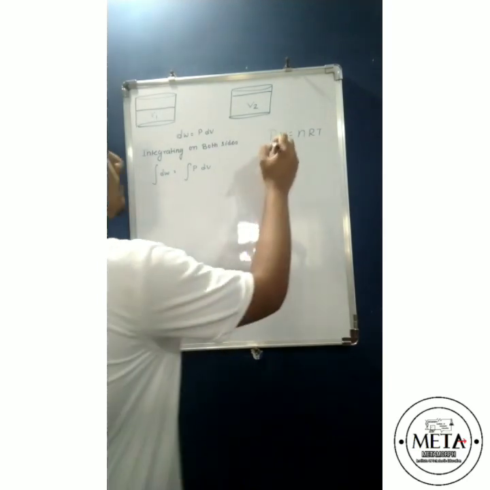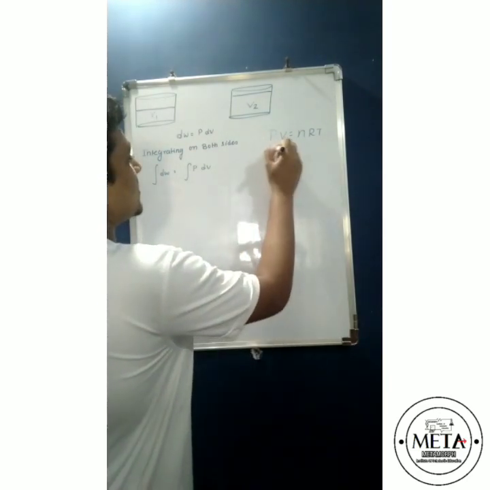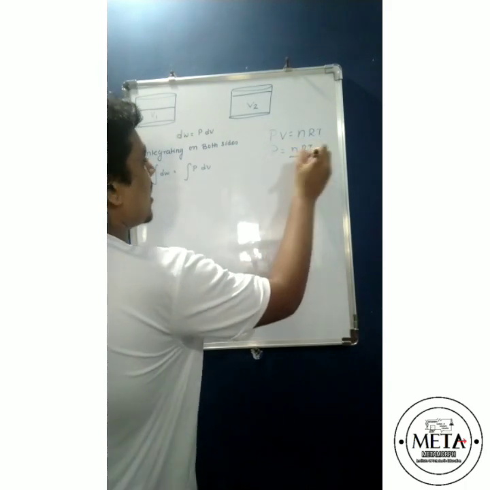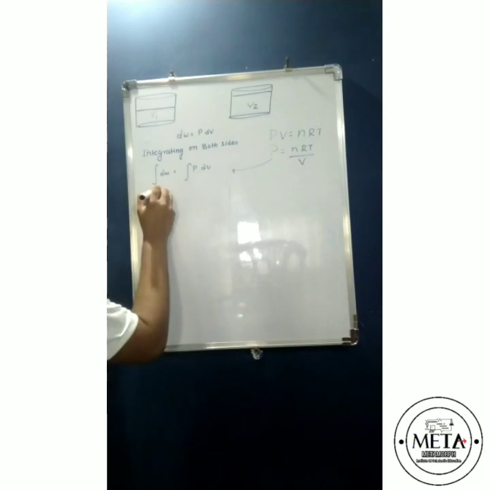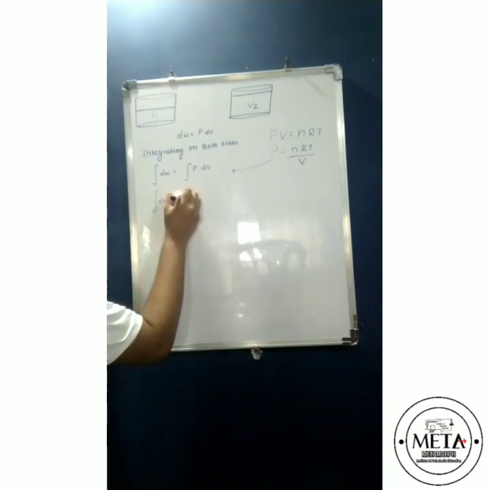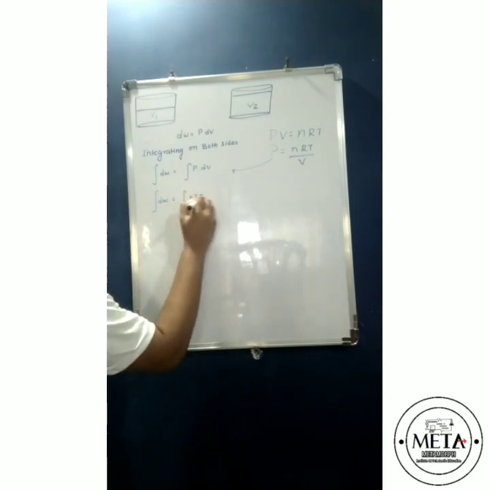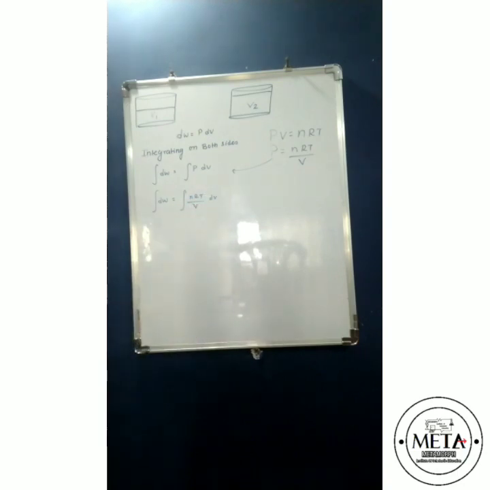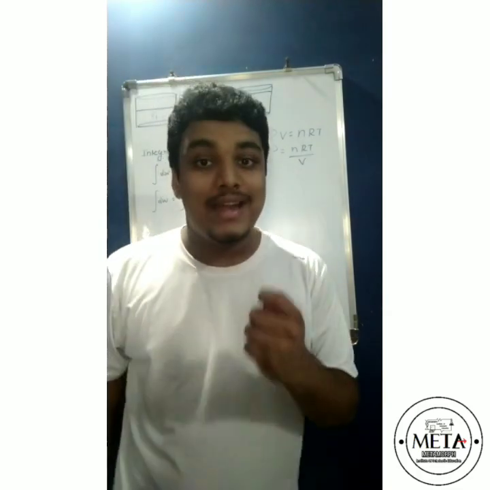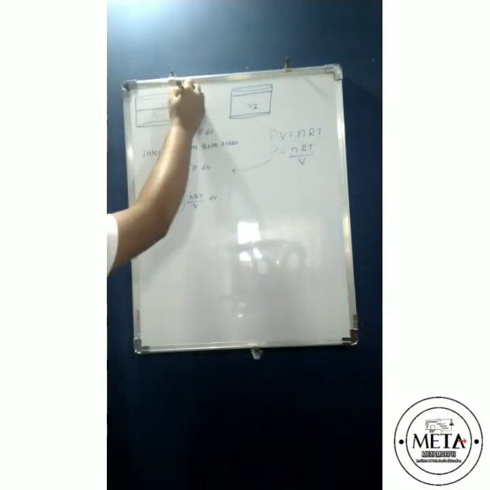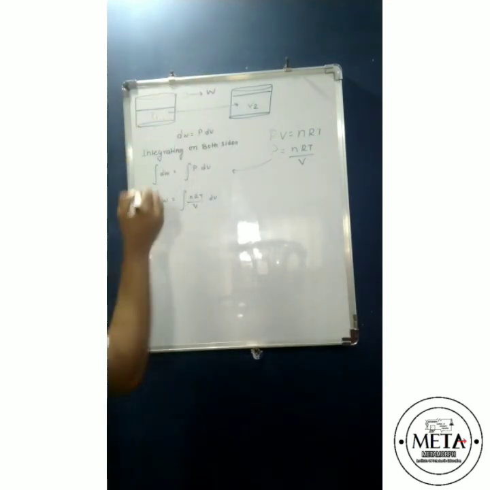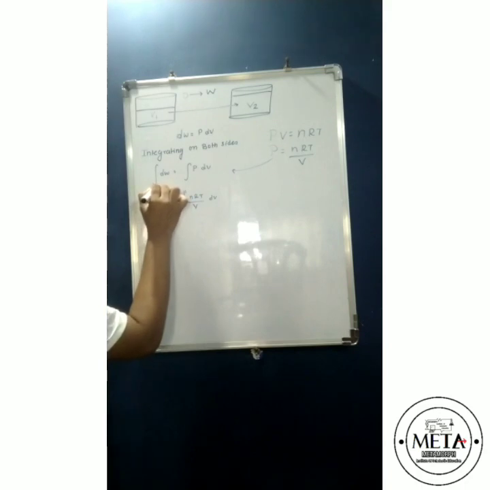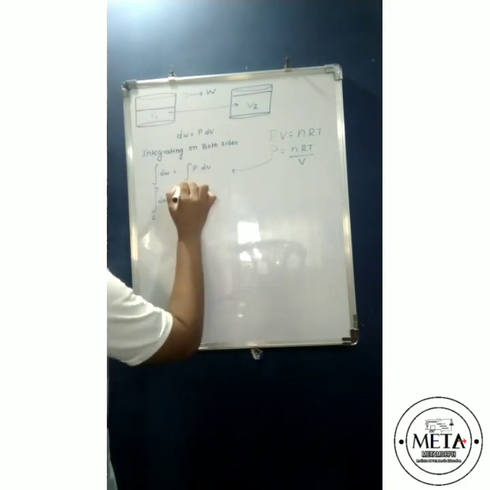Here we need to make P the subject. So P is equal to nRT by V. Substitute this in this equation. Substitute the value here. Integration of delta W is equal to integration of nRT by V with respect to V. Now we have come to a standard integration, but do you think we can just integrate like that? Of course not. We need to add limits because the amount of work done is from 0 to W. And the volume increases from V1 to V2. So the amount of work done is from limit 0 to W, and this goes from V1 to V2.